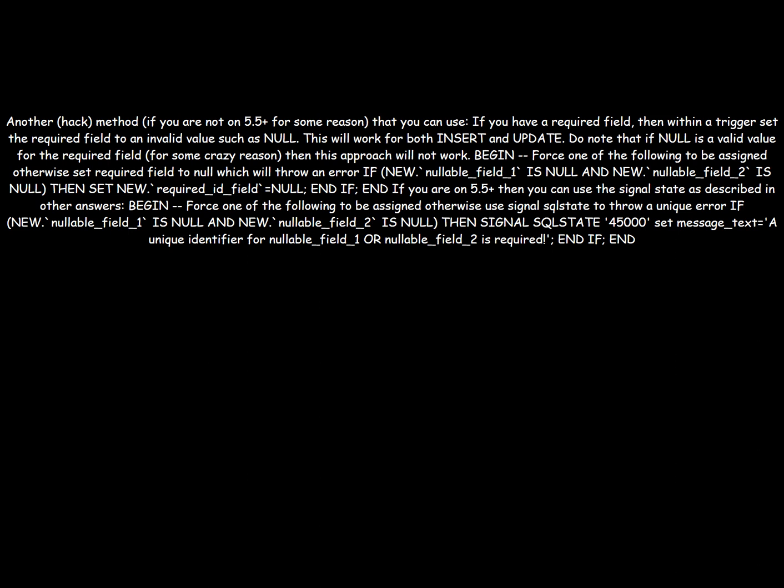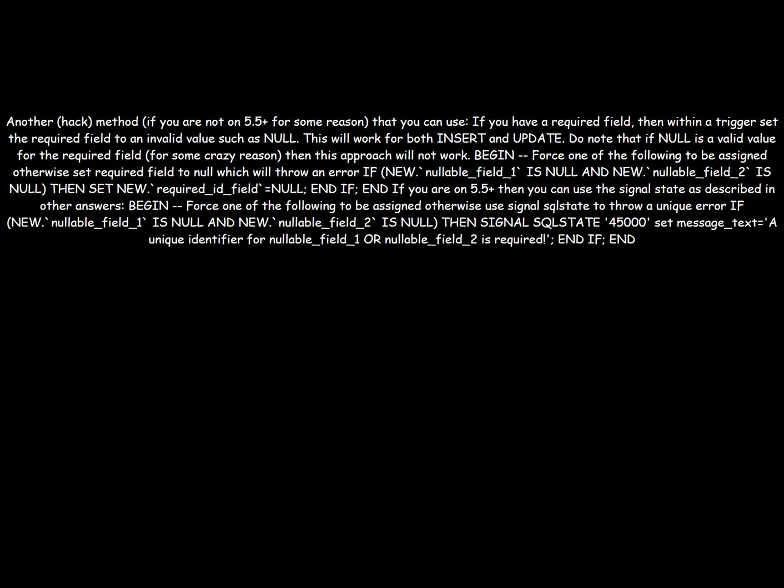BEGIN: force one of the following to be assigned, otherwise set required field to null, which will throw an error. IF new.nullable_field_1 IS NULL AND new.nullable_field_2 IS NULL THEN SET new.required_id_field = NULL;